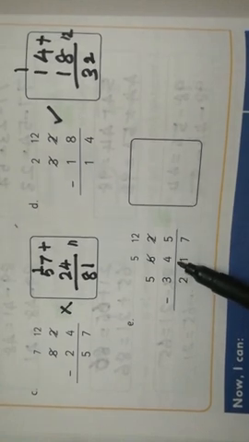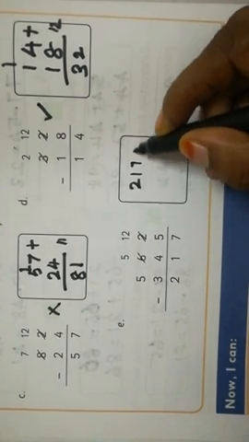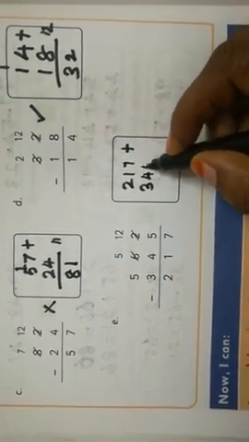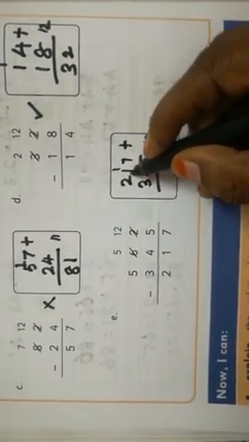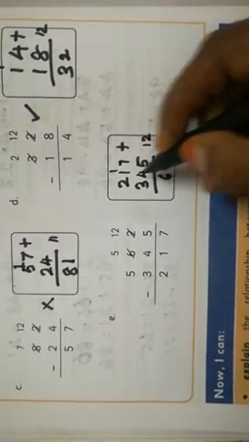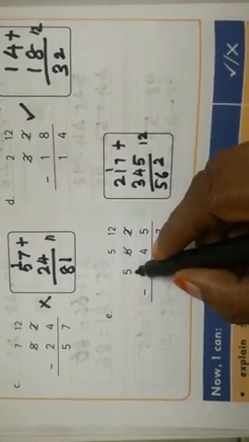562 minus 345, they are giving 217. We have to add the answer with the smaller number, 345. So 7 plus 5 we are getting 12. 2 in ones place, 1 in carryover. 1 plus 1 is 2. 2 plus 4 is 6. So 2 plus 3 is 5. So the total bigger number is 562. See the bigger number 562. It's a correct answer. Like that you have to check the answer plus smaller number. We have to get the bigger number. Like that you have to verify your answer in the inverse relationship method, children.